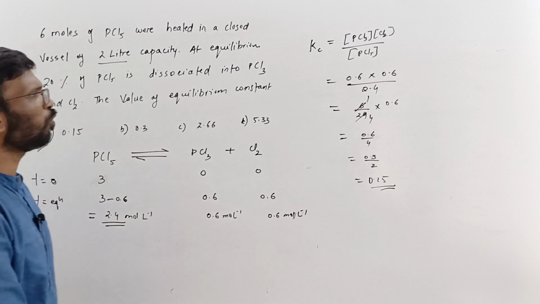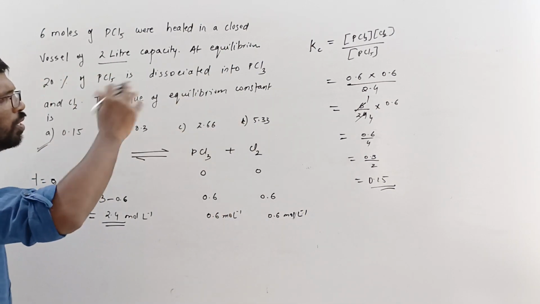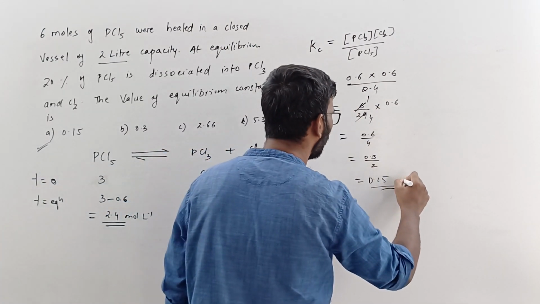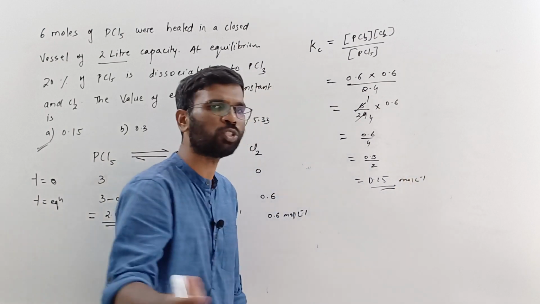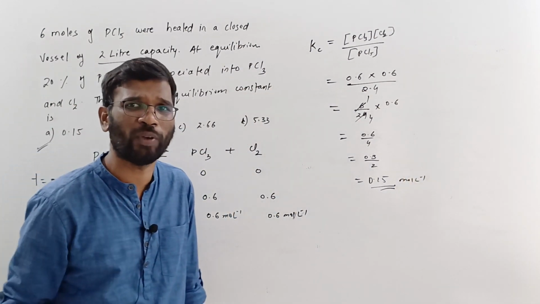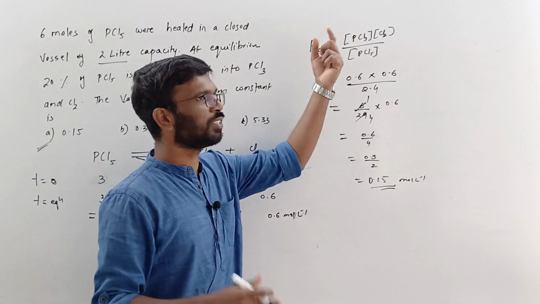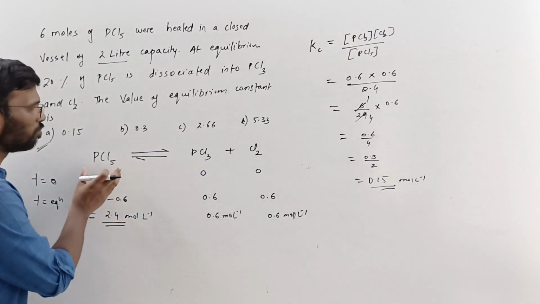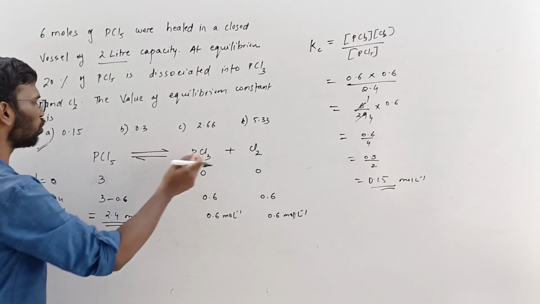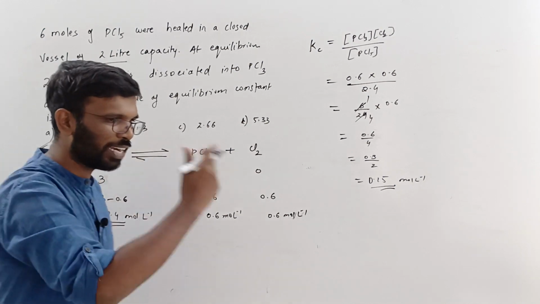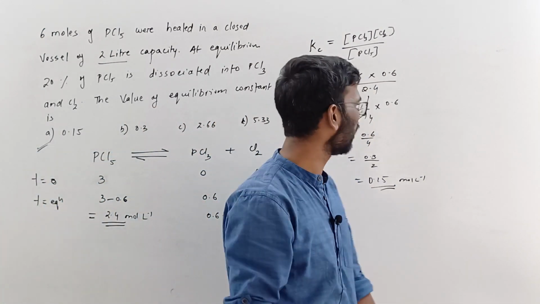It was asked, what would be the units? Okay, let's talk about the units also. Units will be moles per liter. See, the units of the equilibrium constant are going to vary always. Why? It will be the same only if the sum of the stoichiometric coefficients on the reactant side is equal to the product side, right?